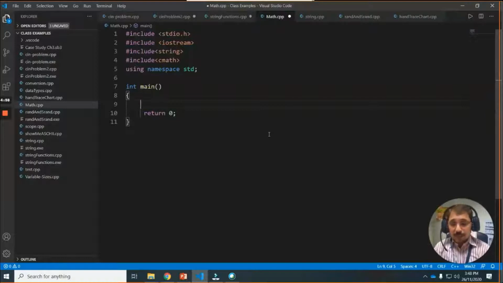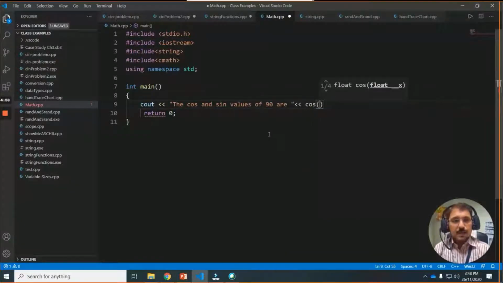For example, if I simply type cout, the cos and sine values of 90 are, and after that I type cos, and these are functions.